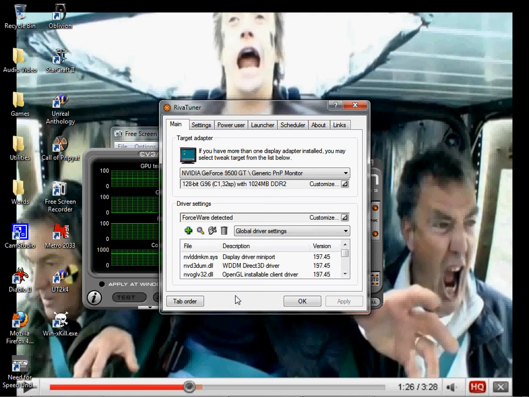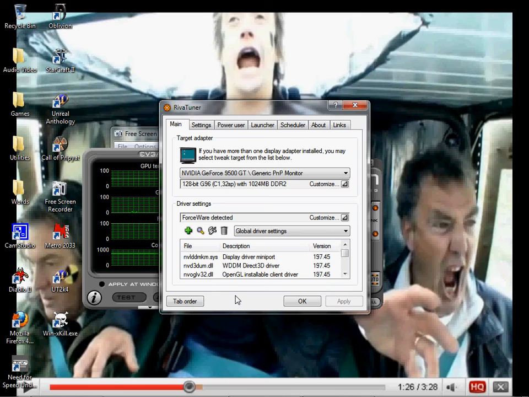I put my core and shader clocks up about 33%, but my performance gains in 3D Mark 06 were about 15 to 25%, depending on what aspects you look at. I do get a noticeable increase when I'm gaming,